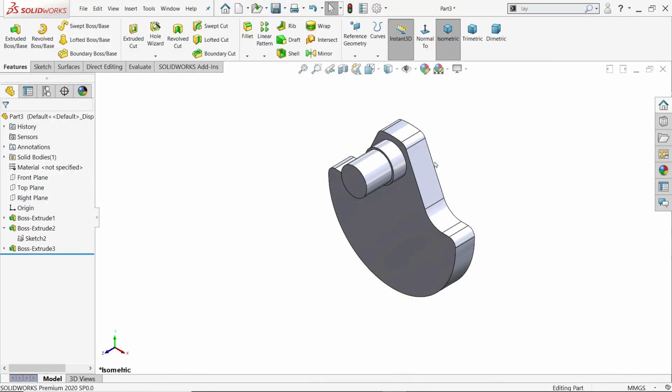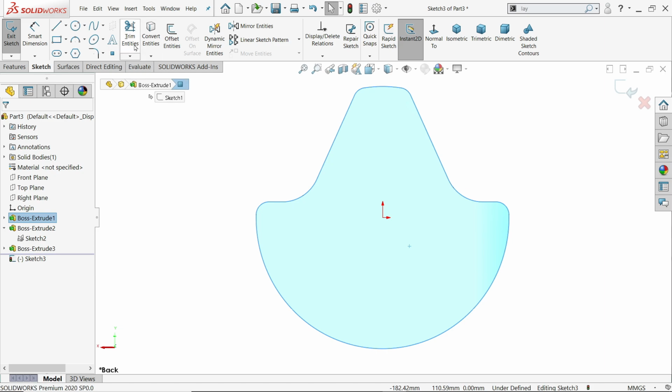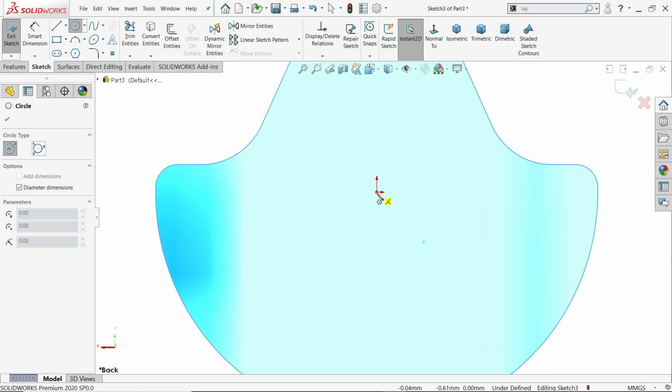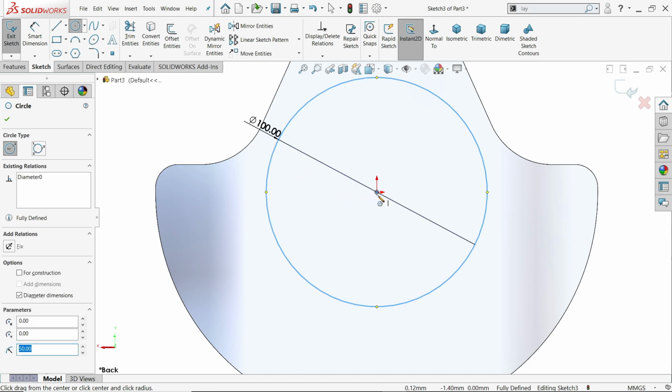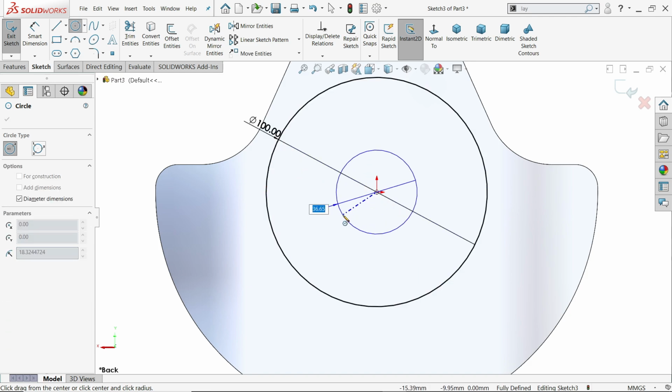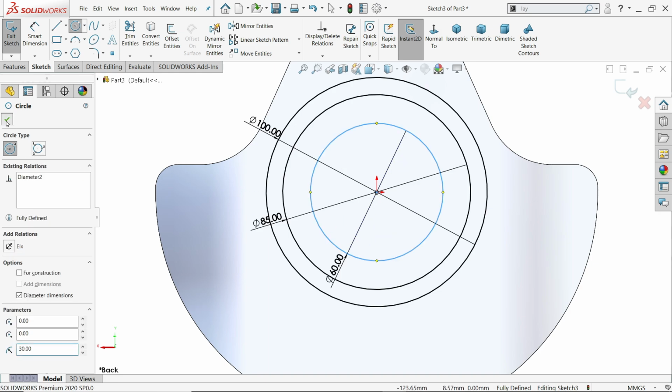So let's try. Select back surface, sketch, activate circle tool and draw 3 circles. The bigger one 100, enter, again select center, 85, enter, again select circle, a center point, 60, enter.